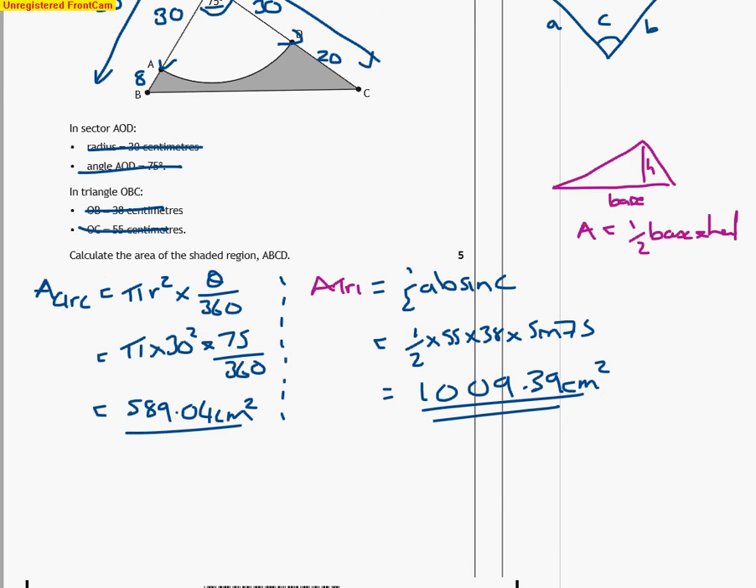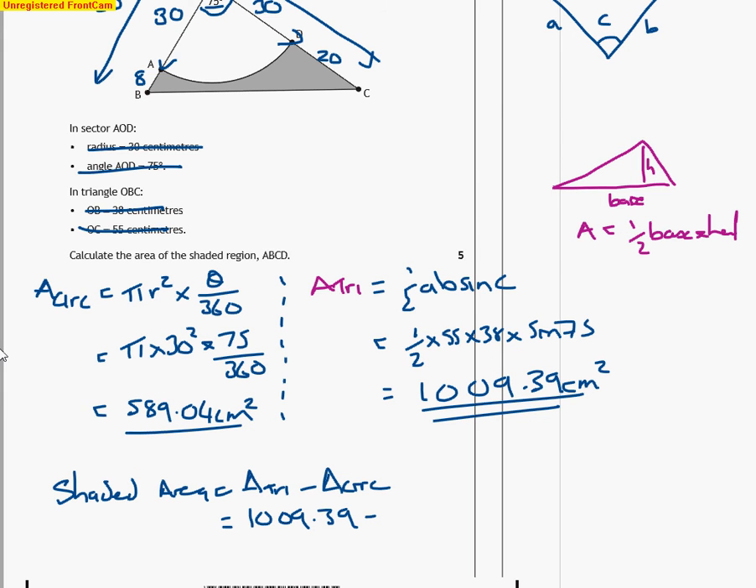Have we finished? We have not finished. We now need to take both of these away from each other. And I'm just going to be lazy and use my calculator. 1009.39 take away 589.04. So that's 420.35. So we just say shaded area is equal to area of the triangle minus area of the circle, which is equal to